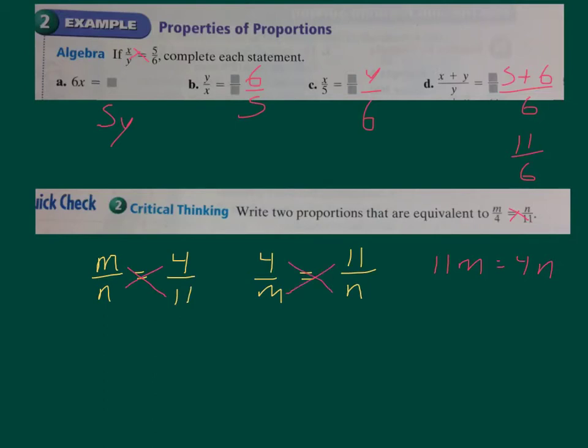And last, you could say (m plus 4) all over 4 equals (n plus 11) all over 11 as well. And one thing I forgot to mention from earlier on the page is when you have your proportion,